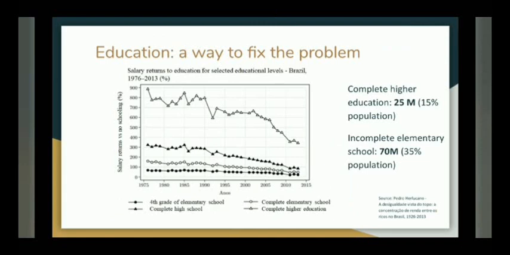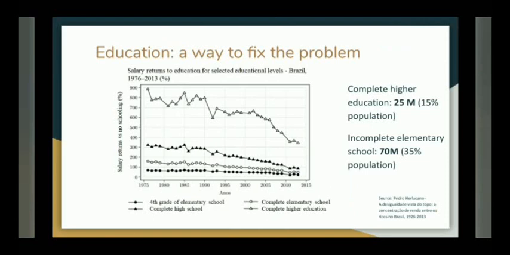A universally known fact is that better education usually leads to better income. In an unequal country like Brazil, this correlation is evident. The following graph shows the evolution of salary returns to education, that is, to what extent a further degree increases salary. The general trend is decreasing, which makes sense as the global offer of qualified jobs is decreasing.